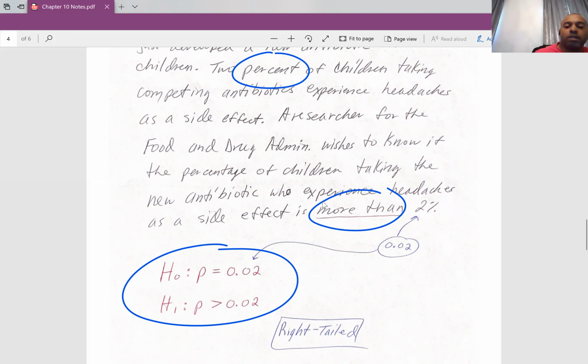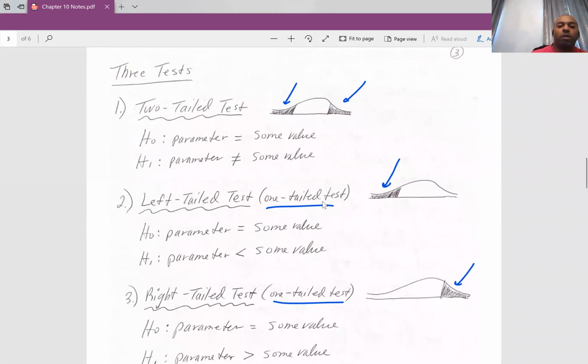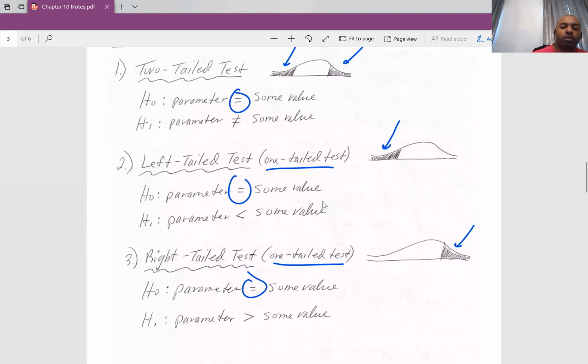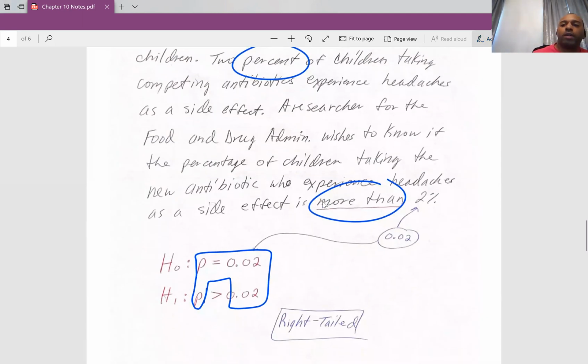Once again, once you establish your parameter, which was P, and the percentage, which was 2, that part is going to be established. You always start off your null hypothesis with equal. If you were to go back, all of these have equal. But then it's about what symbol you're going to use. And the symbol we're going to use right here is greater than, because it says more than. So that's how we look at setting up our